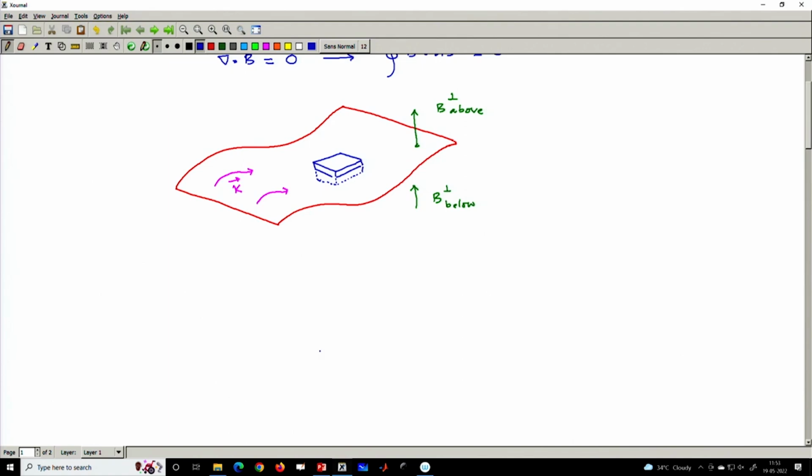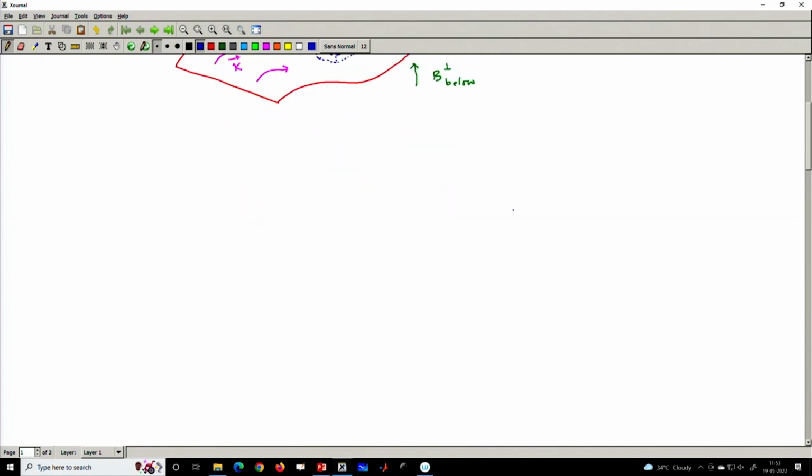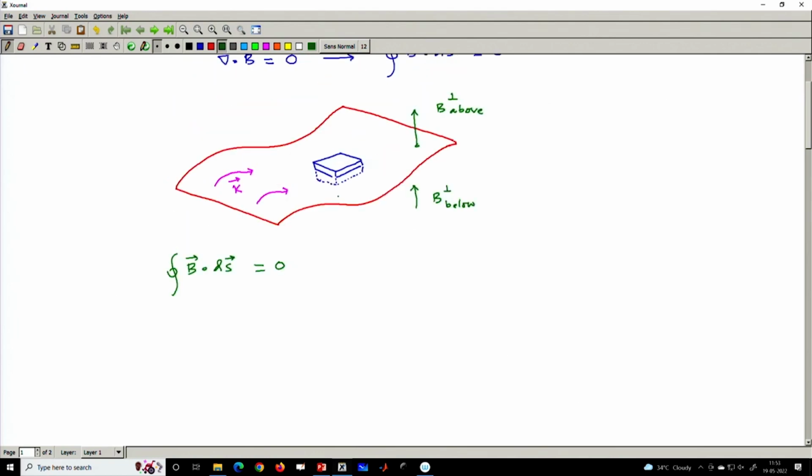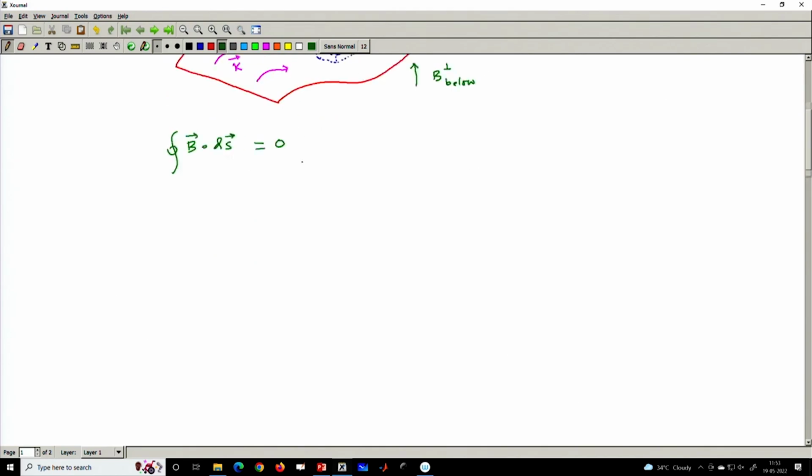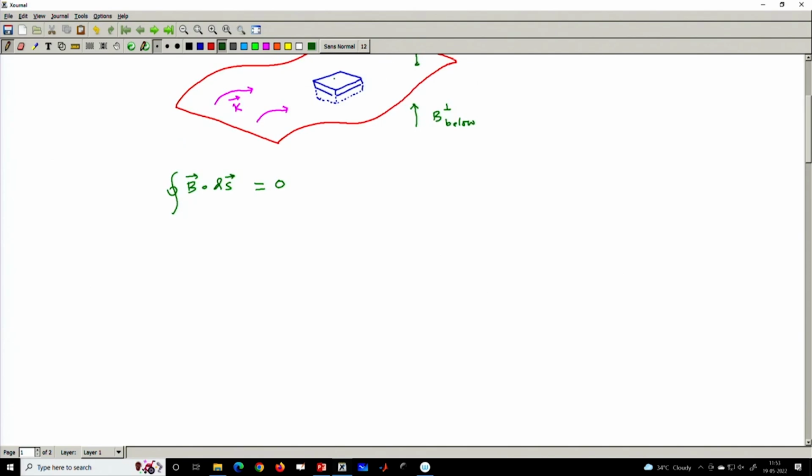This is the small surface we are having, and now the condition we are going to put here is this: the closed surface integral is equal to 0, and we know the perpendicular component of B below and B above, and considering the fact that the area of these surfaces is say delta S,